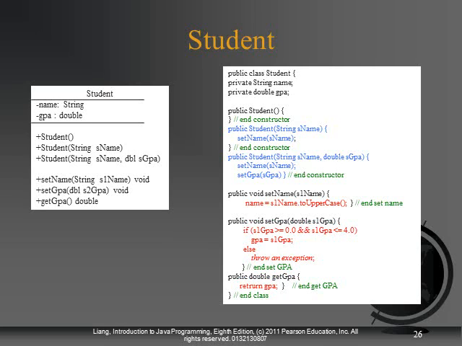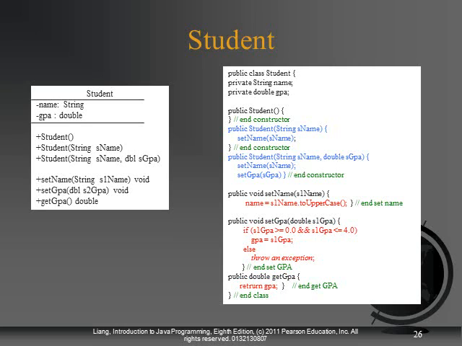There would be many more properties and methods. The thing I want you to pay attention to is the two parameterized constructors. Note how they are using the class's setter methods. This is especially important if there are business rules we want our class to implement, such as a student's name